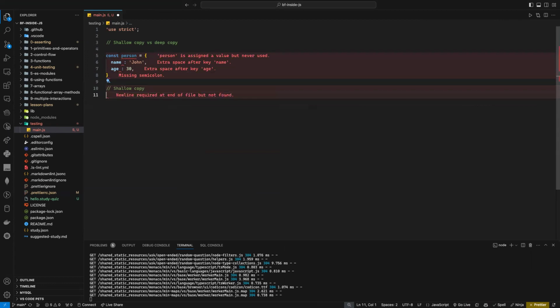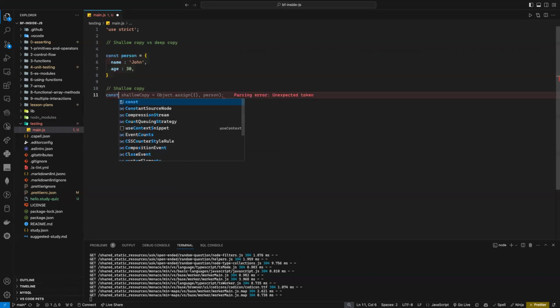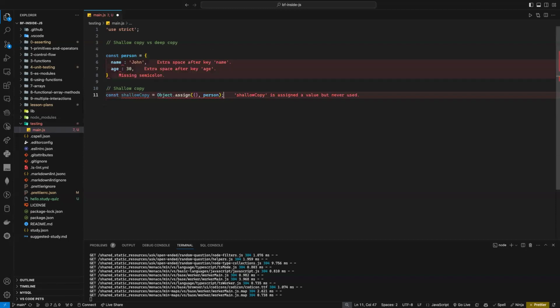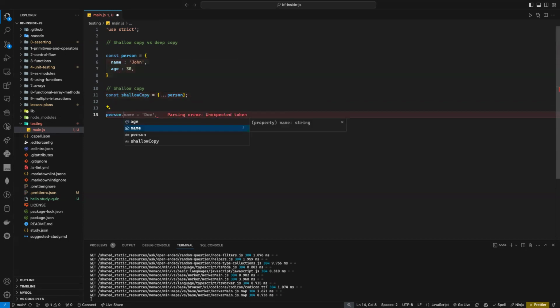What do I mean by that? Well, let's try to say console. I will just declare a new variable, shallow copy. And to create a shallow copy, we will learn how to do it using the spread operator, right? So we can just say dot person. Click. And now, if I go and change my shallow copy, it will not affect my original one. Or if I change the original one, it will not affect my shallow copy. So now let's try to, for example, say person dot, I have name, I have age,